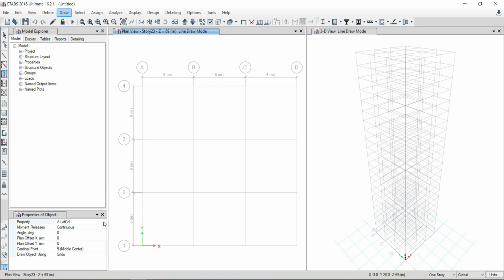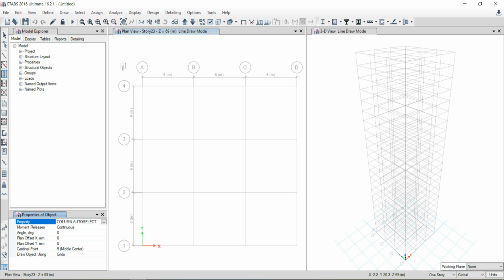Select the property as column auto select, but before that we have to change the one story option to the similar stories so that the beams and the columns are generated to the similar stories.